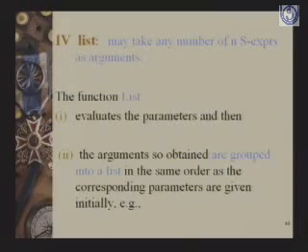So we have already studied the data structure list. Now the second use of list is as an operation to build up lists. For this explanation of the operation list, please look at the slide. First of all, list is given a number of parameters which are evaluated, and the arguments so obtained are grouped into a list in the same order as the corresponding parameters are given initially. For example,